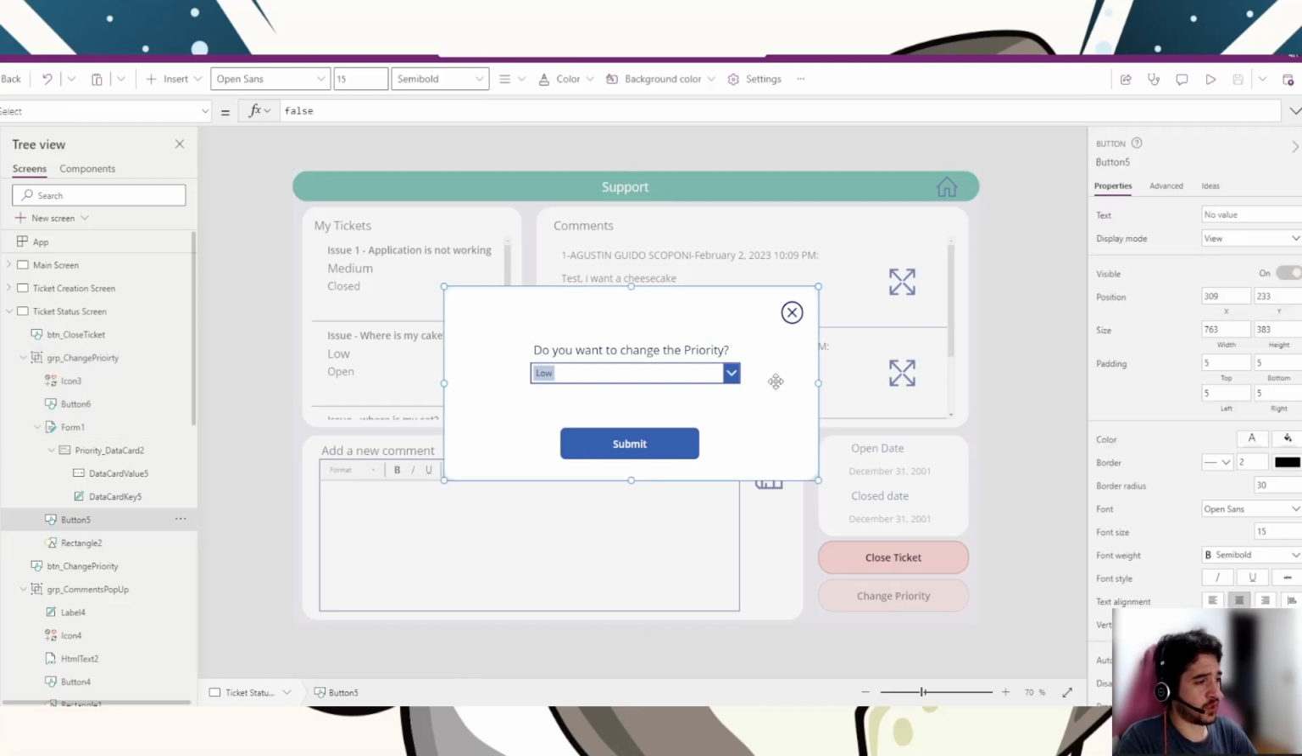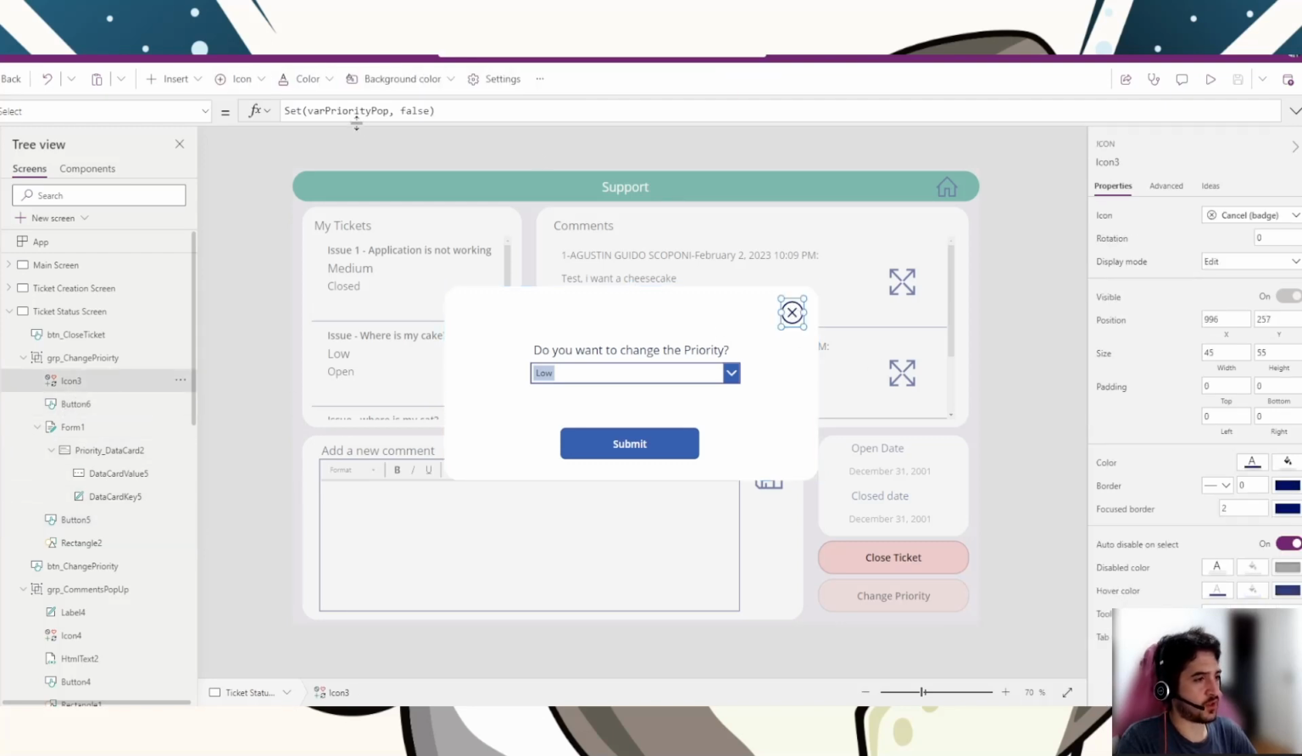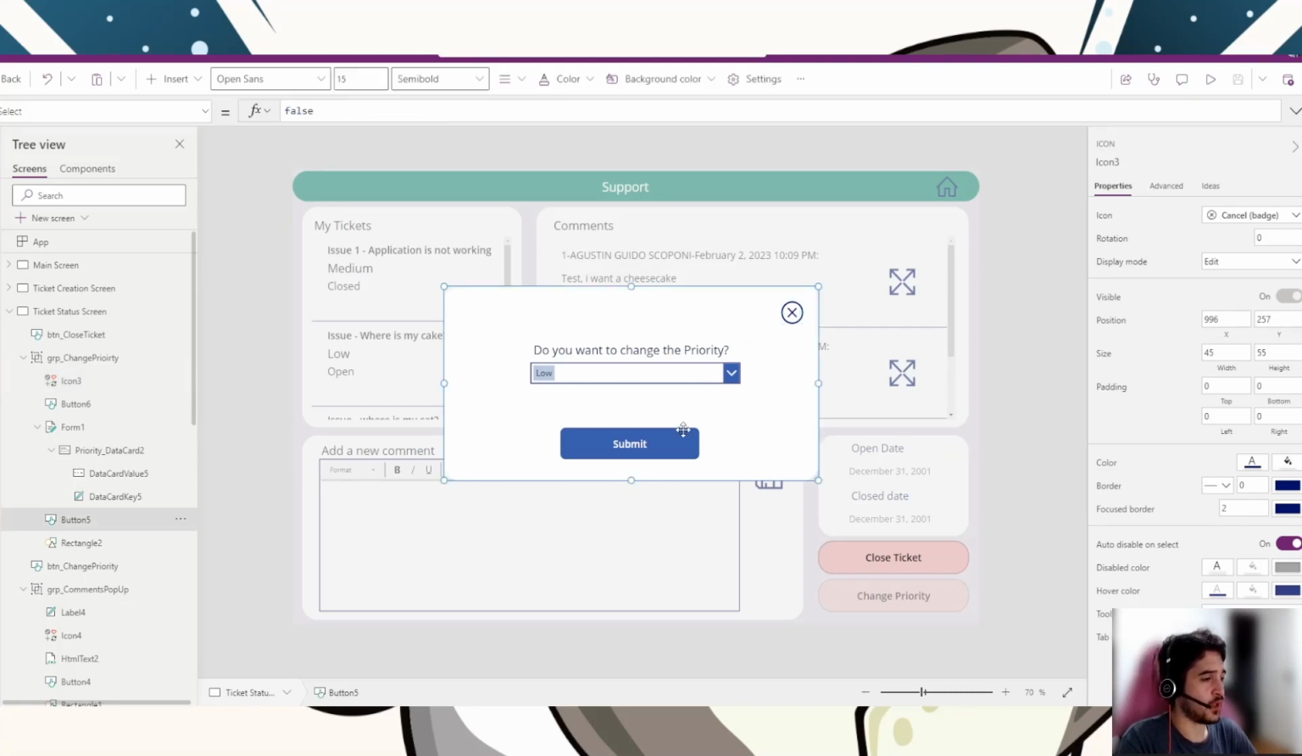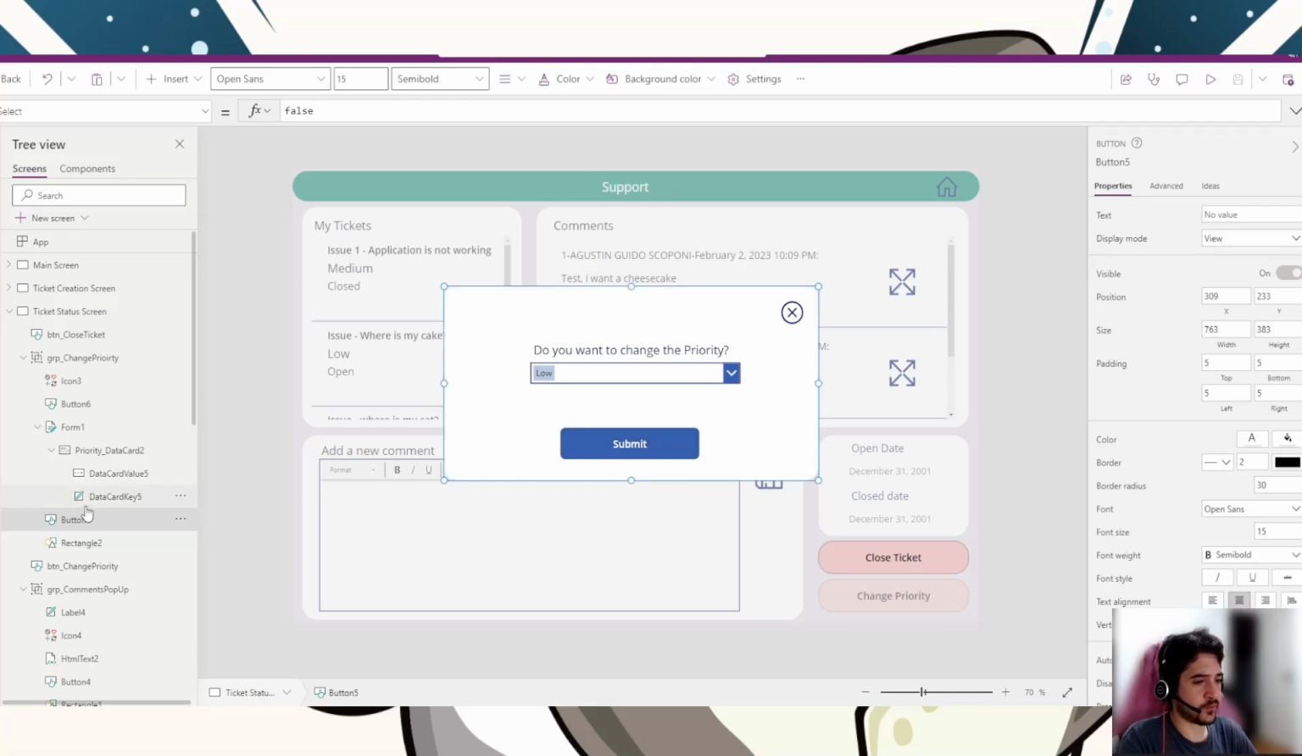For the background, I'm using a button again, just for the user experience. Here, in case the user wants to go back to the screen, this icon is only a close button. That is just setting the variable again to false, so it's going to hide the entire window. And for the submit button that is here,